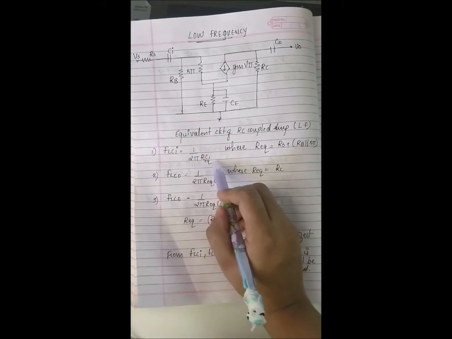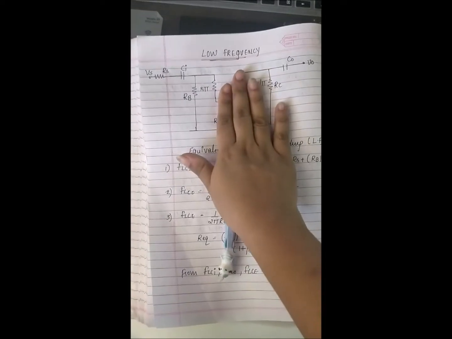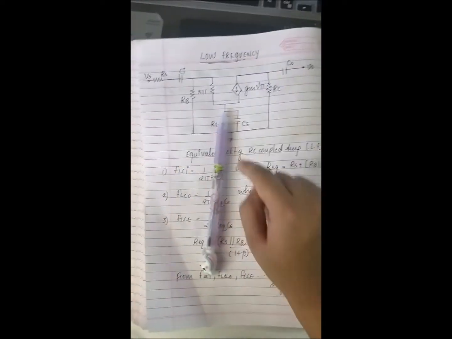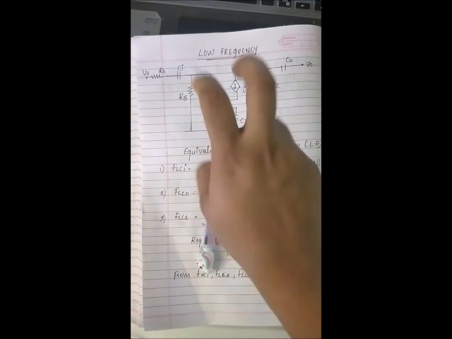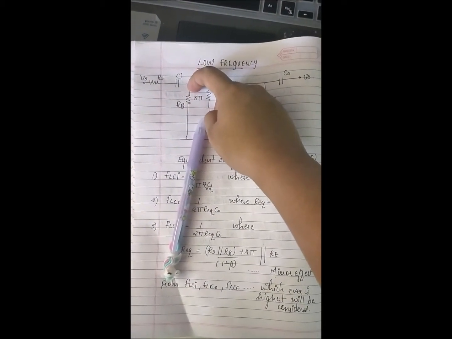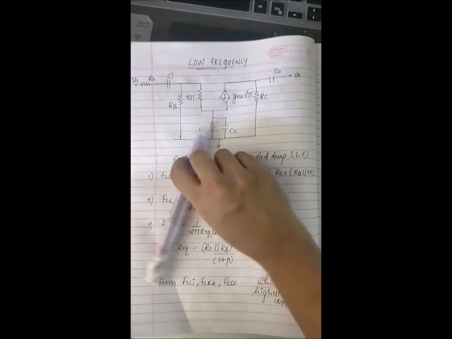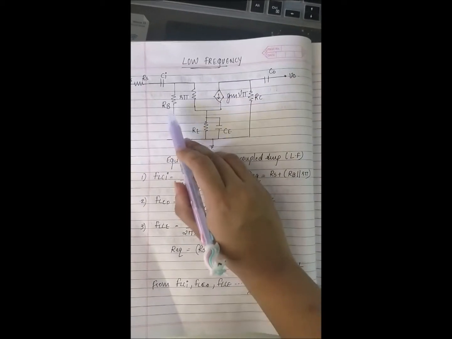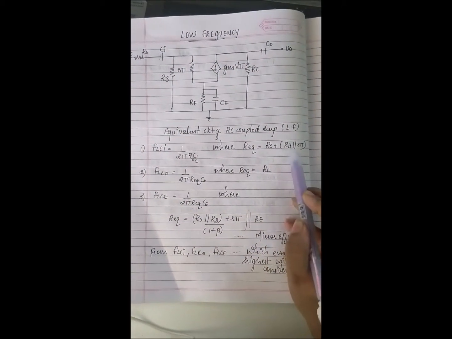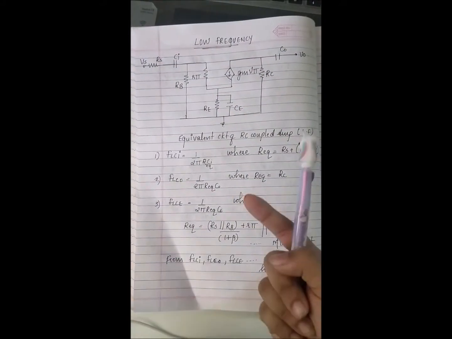For considering the first capacitor, FLCI is nothing but 1 upon 2 pi REQ CI, where REQ is, whenever you consider this capacitor, the other capacitors are short. Imagine these to be short, that is nothing but grounded. Whenever we consider this capacitor, we have to look into this capacitor, and the other terminals will be considered as a summation. When we see the other side, RB and R pi are nothing but parallel, since this is grounded, this is grounded. So basically RB and R pi will be parallel and RS is at the other side. So REQ is RS plus RB parallel to R pi. Whenever we are considering low frequency response, the two terminals of the capacitor should be added together.